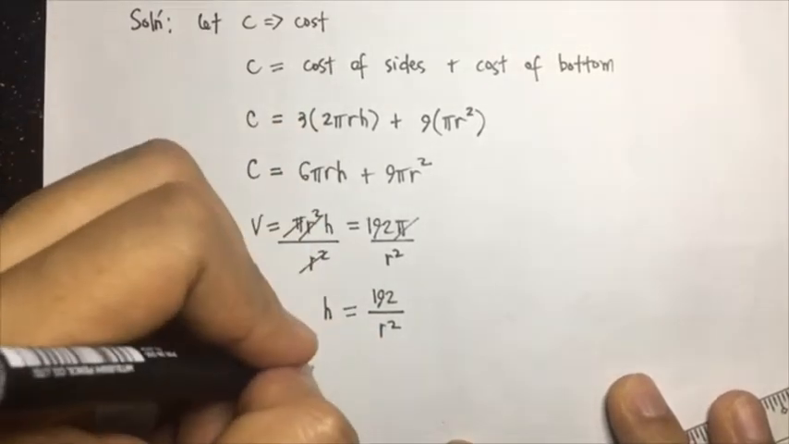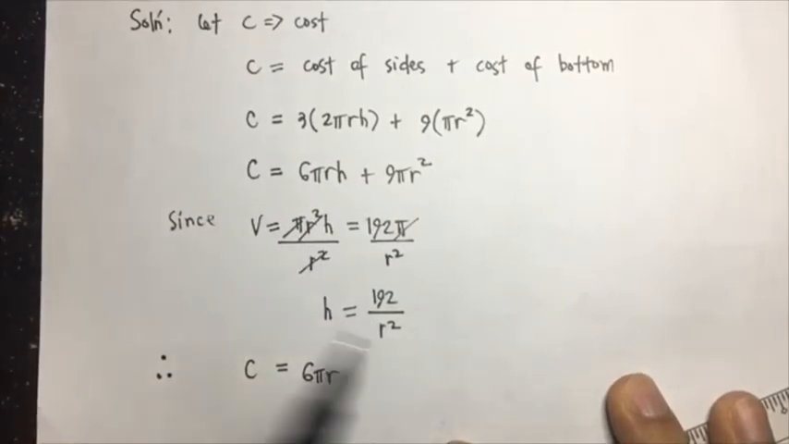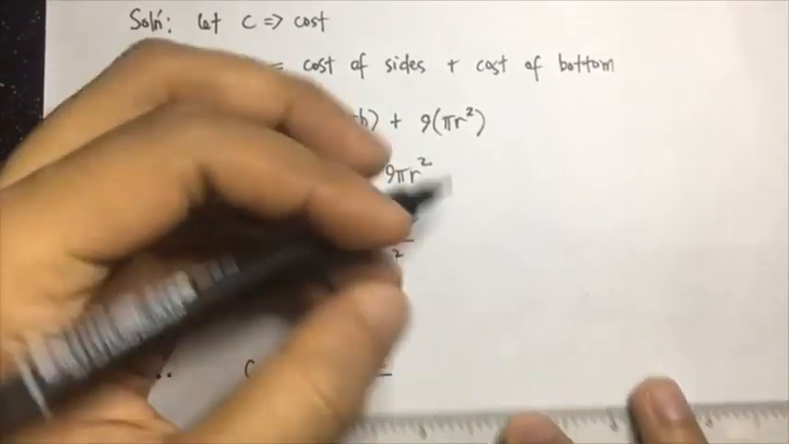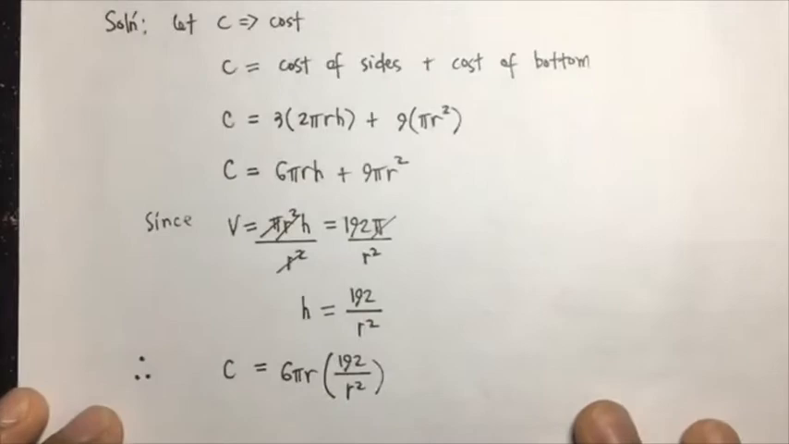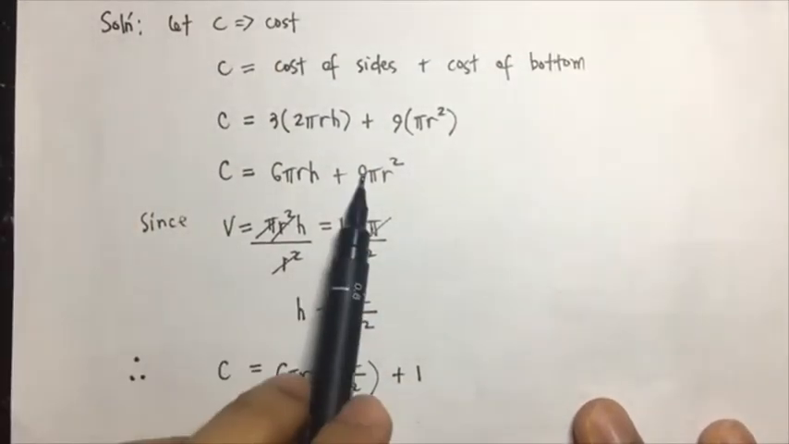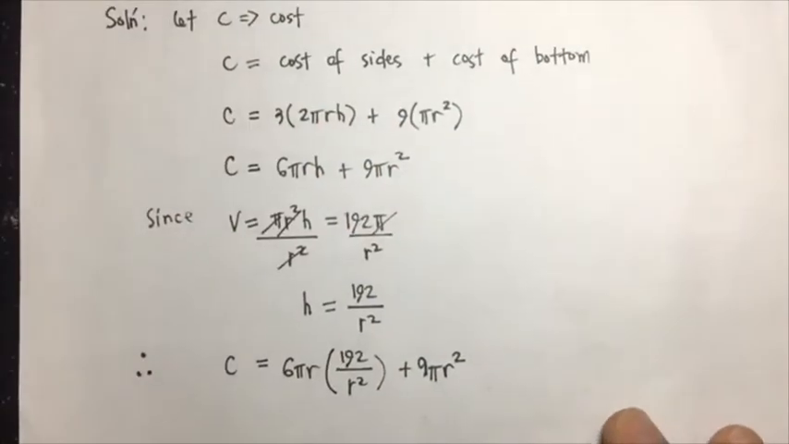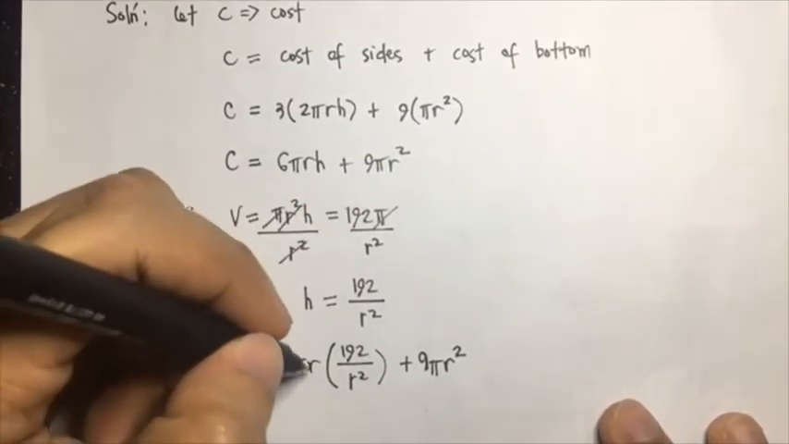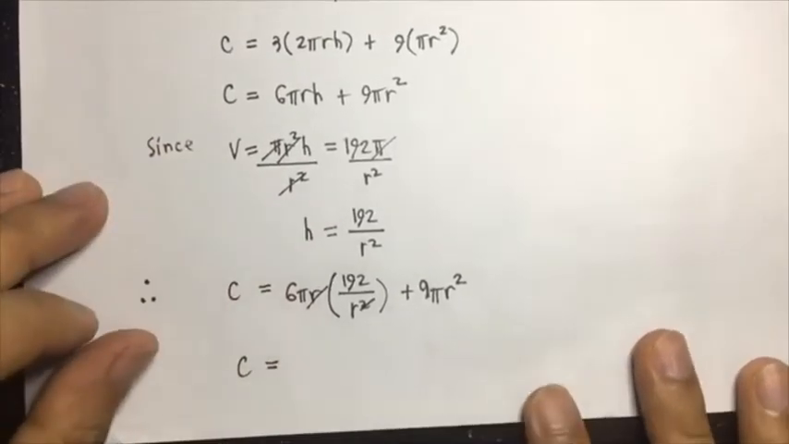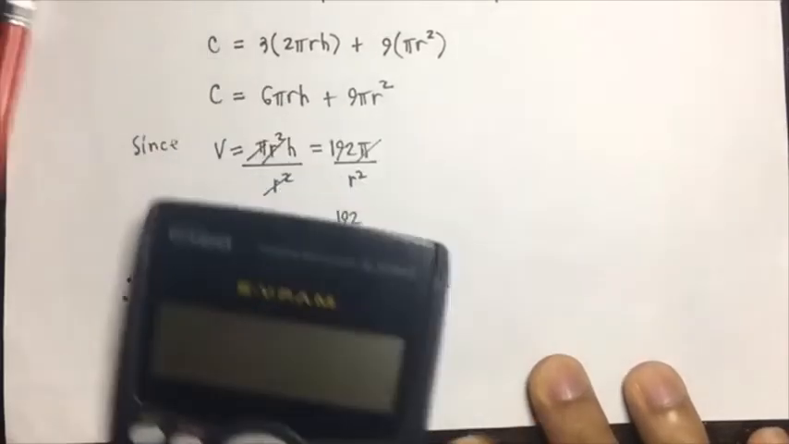6 pi r multiplied by h, replacing h with 192 over r squared, plus 9 pi r squared. Okay, so as you can see, we can cancel out one r, so therefore our cost function in terms of one variable only, which is r, is equal to